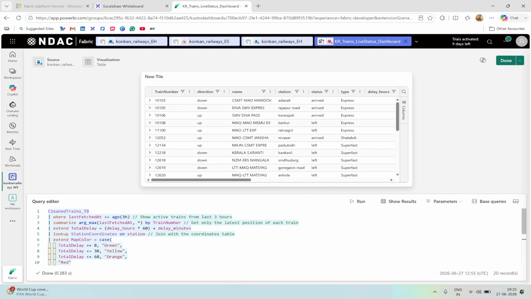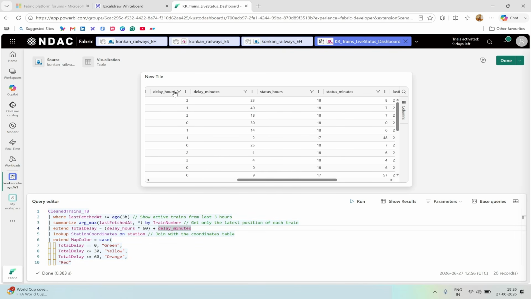See here what's happening. So first I am taking the active trains data from the last 3 hours. So get only the latest position of each train. Okay. Next here I am calculating the delay in minutes. So we have two columns, hours and minutes. So I am multiplying the hours by 60 to get the minutes, and adding the minutes to get the total delay in minutes. Next, here what we are doing, we are joining using lookup the station coordinates table with this one on the station name column,